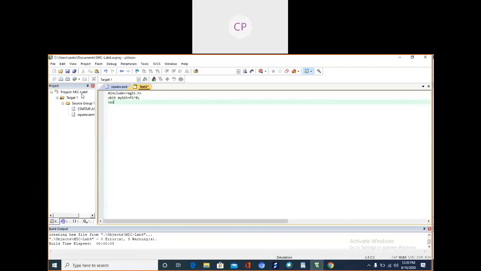Then void main, that is the main function, void main.